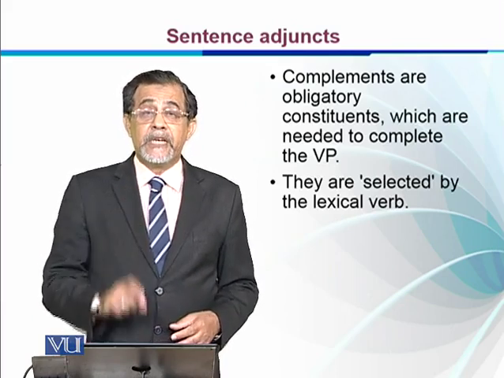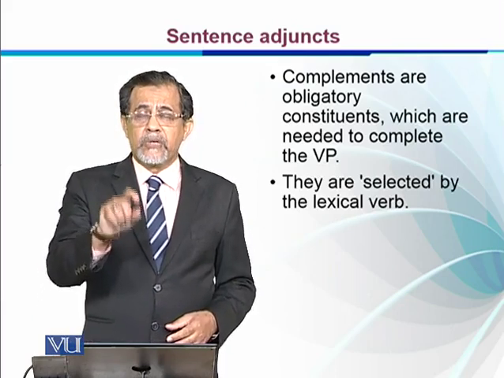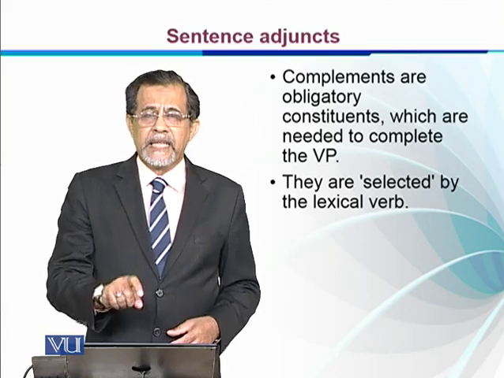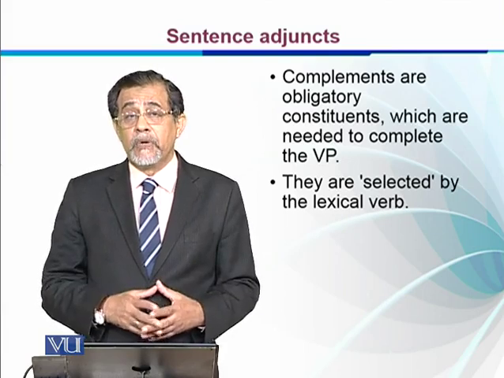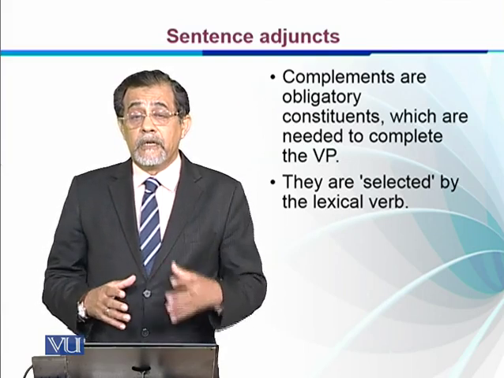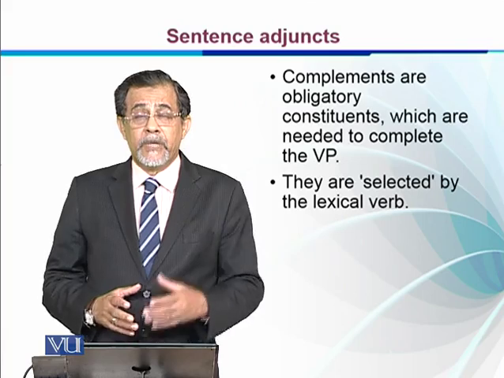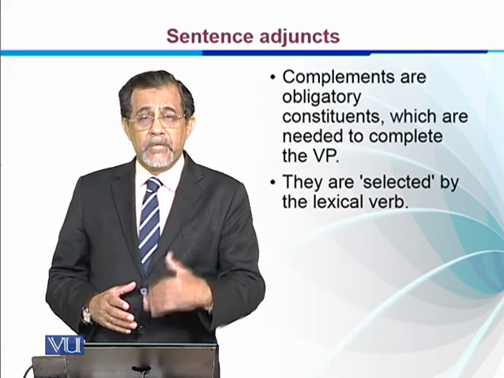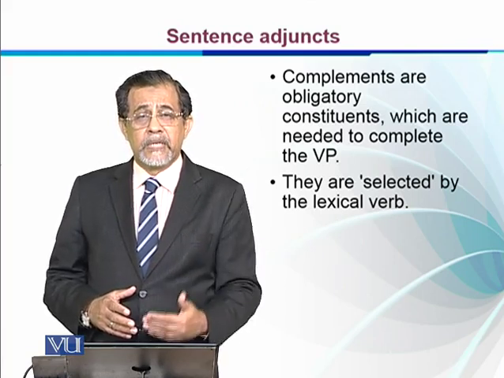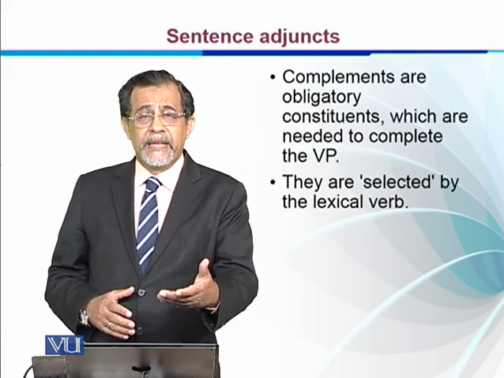It is the verb that determines whether there has to come a noun phrase, an adjective phrase, a verb phrase, or there is no need. We have already talked about different types of verb which either take a noun as an object